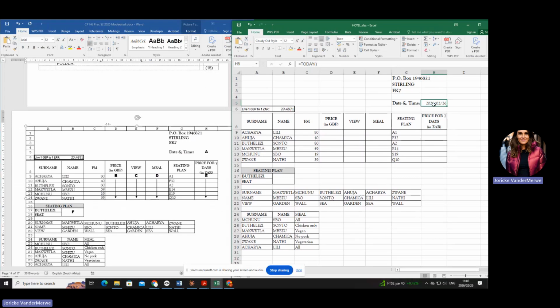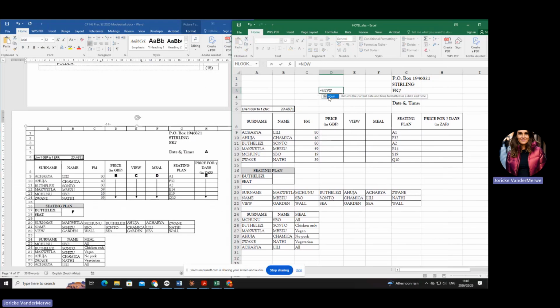What happens if the examiner or the lecturer in the question paper is asking you for the date and the time? Then we can't use today because, as you can see, today only gives today's date. Then see how we're going to say equals now. Double click and enter. Can you see if I make it a little bit bigger? Ooh, it's a custom. Let's just make it general. It was customized. Equals now.